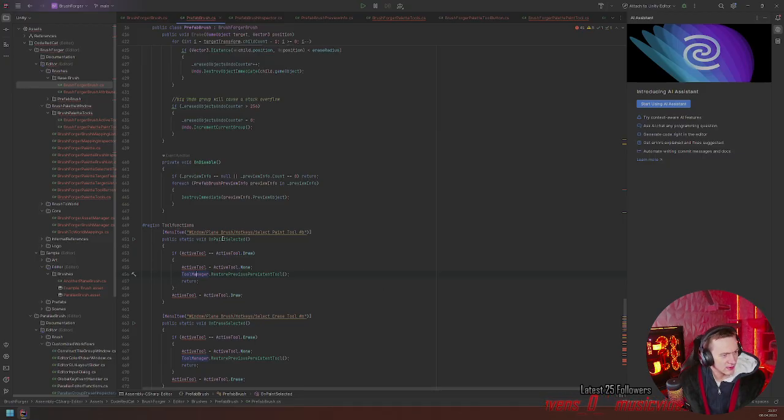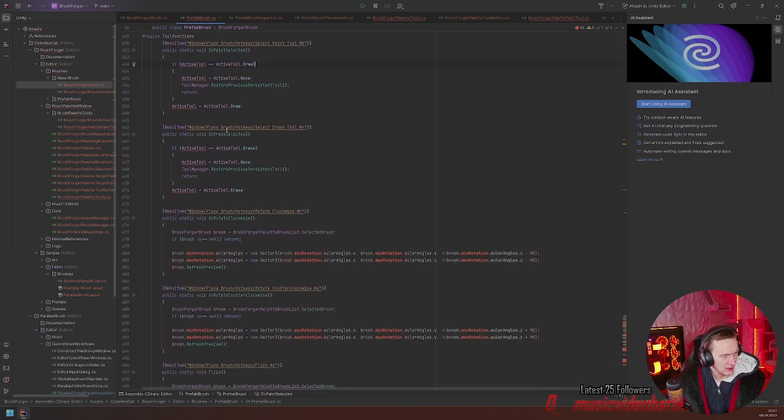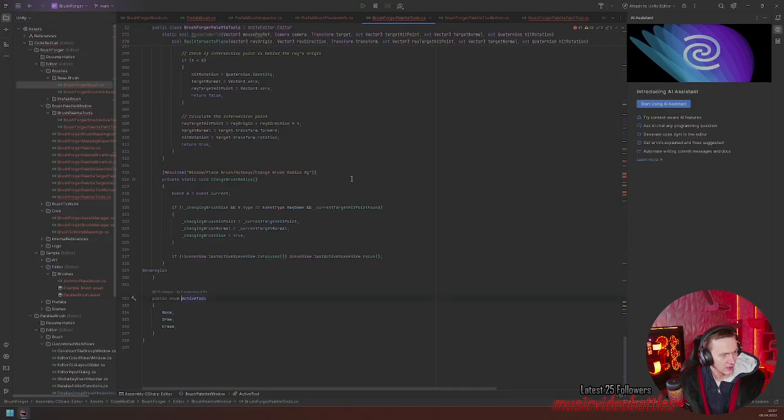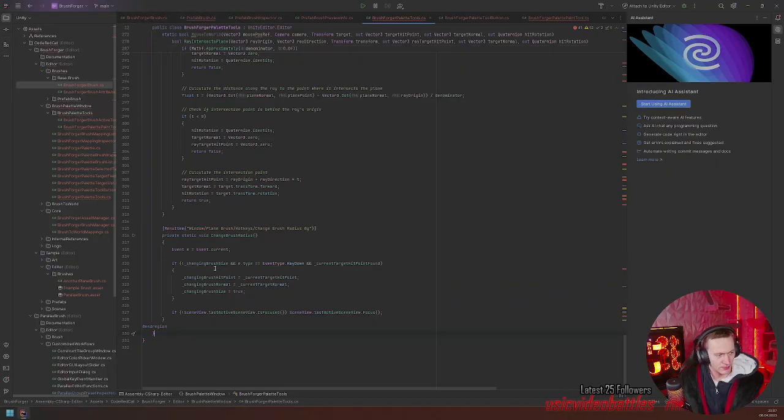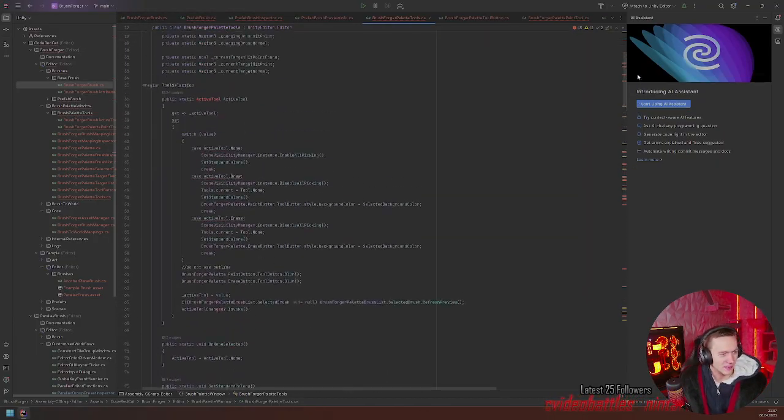So I still need some improvement with the tools. Like I can't have this enum active tool. This just doesn't work anymore. You see that now everything is messed up.